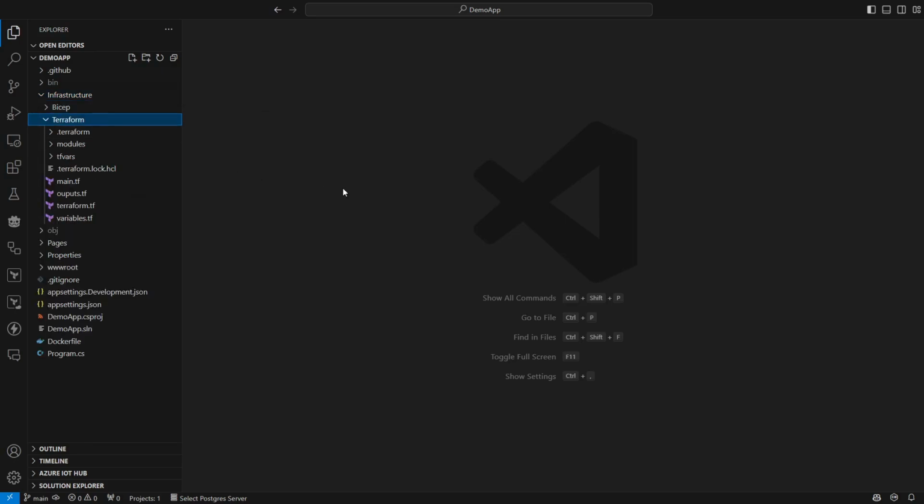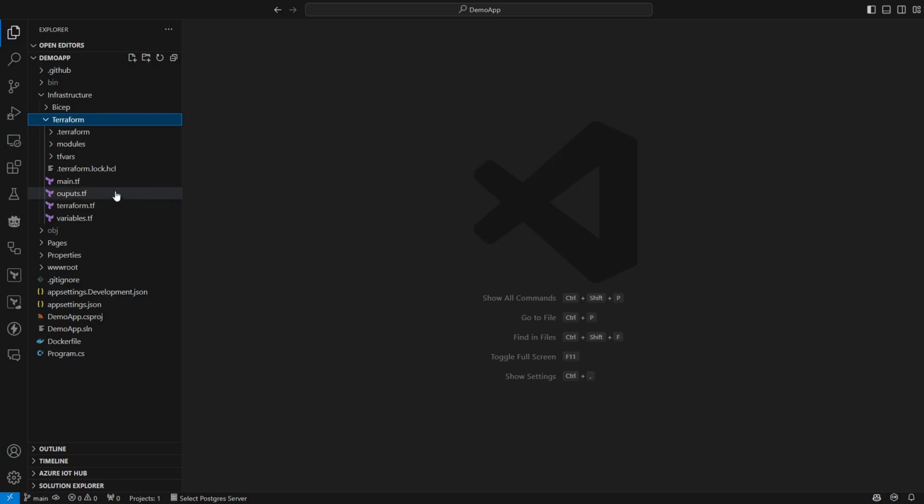Terraform is a cloud agnostic way of doing infrastructure as code, so you can use Terraform across multiple clouds. It means you only really have to learn one language, but it does mean that you have to wait for things like what we call providers, which give you access to the different cloud components, to be updated. So it can be behind at times, but it is pretty widely used, especially in organizations that might have more than one cloud present within an environment.